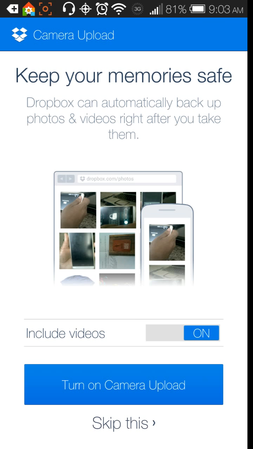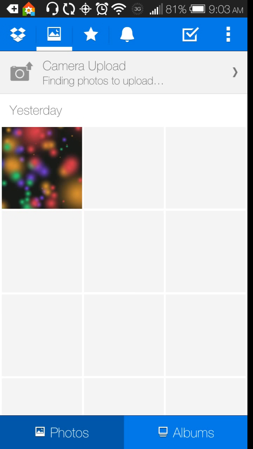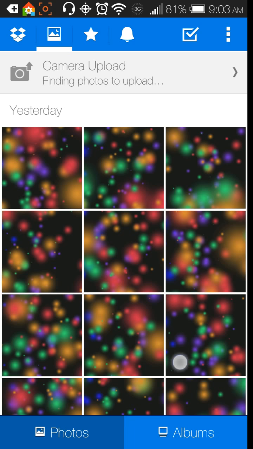Then the next screen that comes up asks you, would you like to upload your pictures and your videos? So it's called camera upload. And you have the ability to add or remove videos by clicking this on or off button here. I turn it on, so I'm just going to click turn on camera upload, and look at that, it's uploading